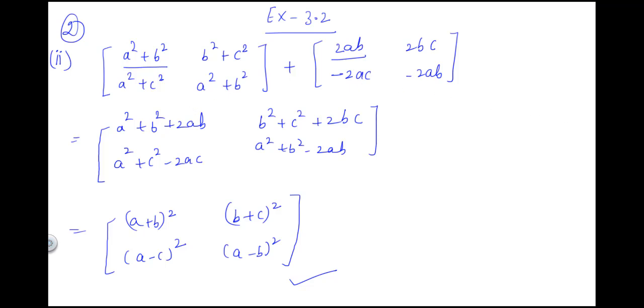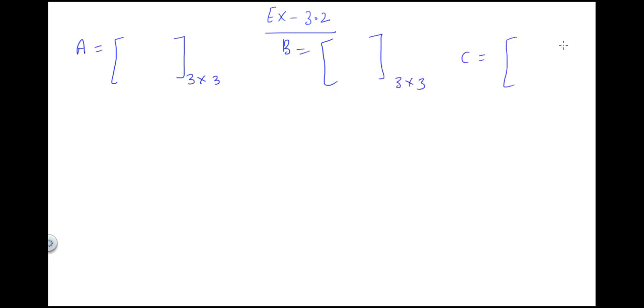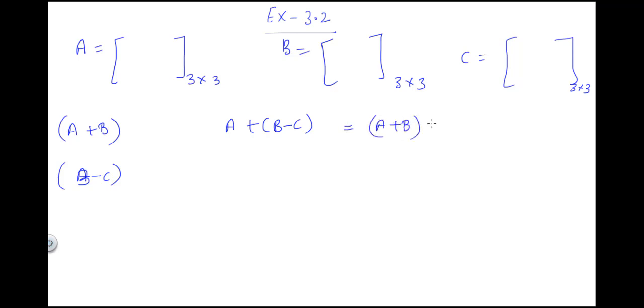I'll just hint you about question number 4, what is to be done. In question number 4, matrix A is given to you. It is a 3 cross 3 matrix. Matrix B is also a 3 cross 3 matrix, and matrix C is also a 3 cross 3 matrix. So remember, for addition and subtraction the order of matrices should be the same. You have to find first A plus B, then B minus C, and then you have to verify that A plus (B minus C) is equal to (A plus B) minus